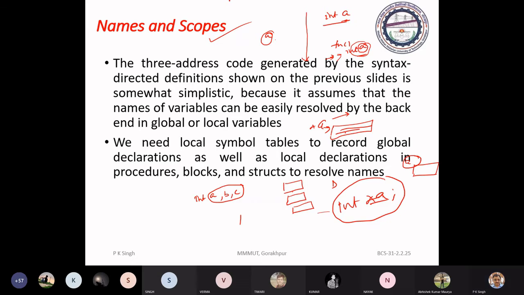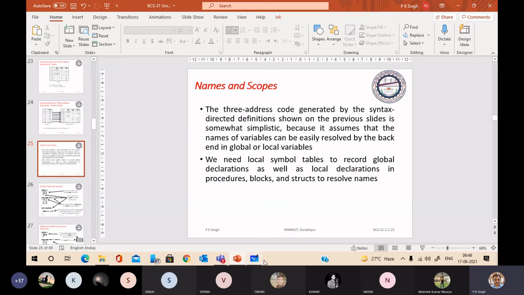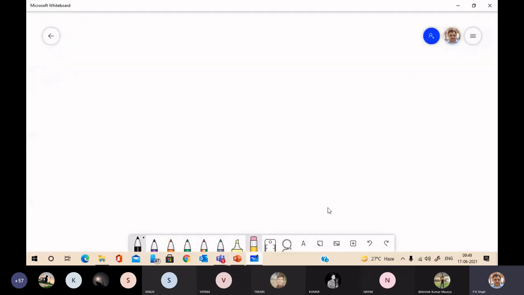Just consider the case of C language. A C program consists of two parts. The first part has definitions and declarations.